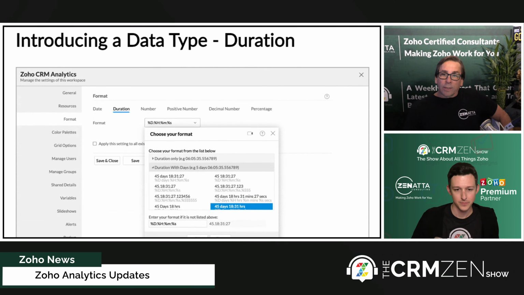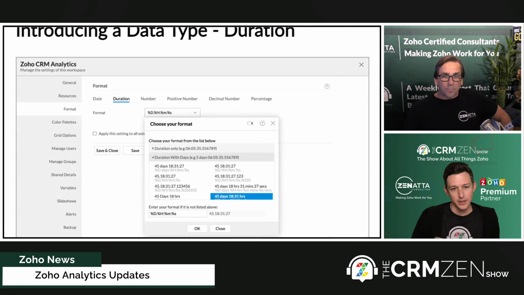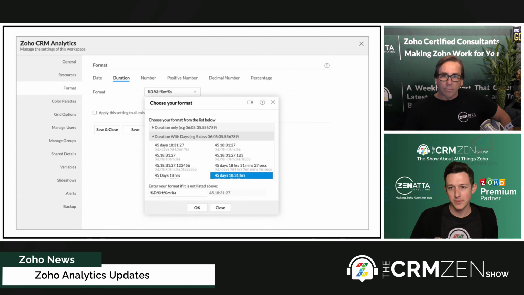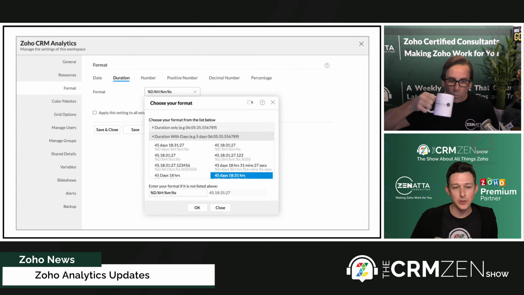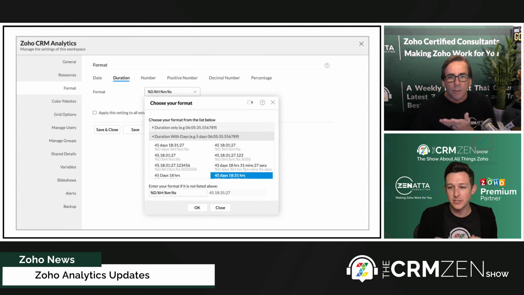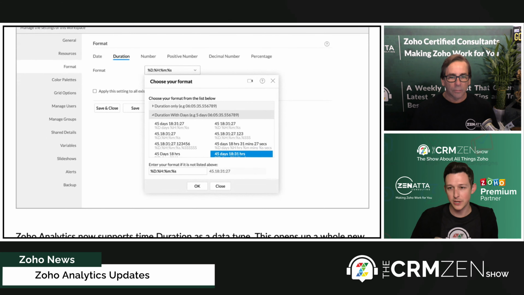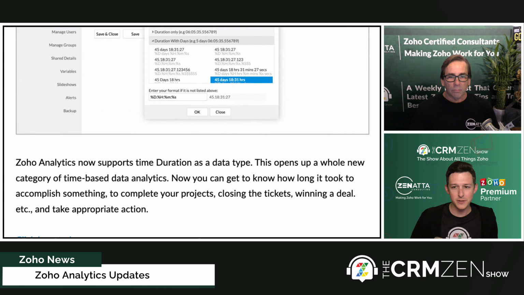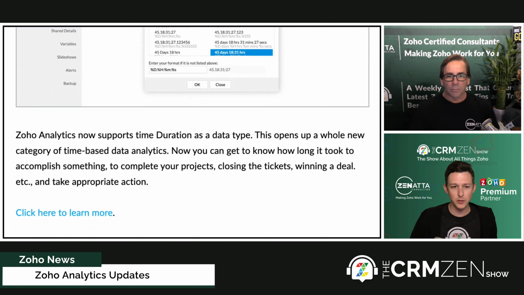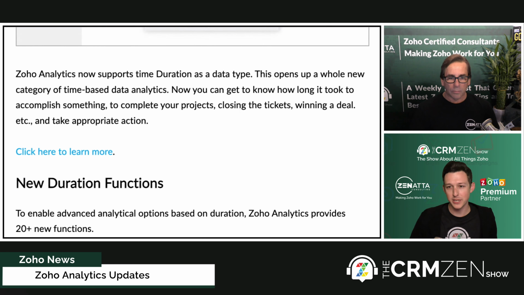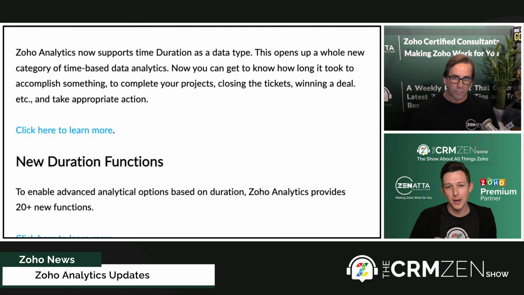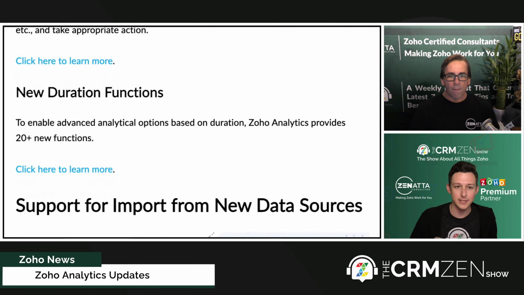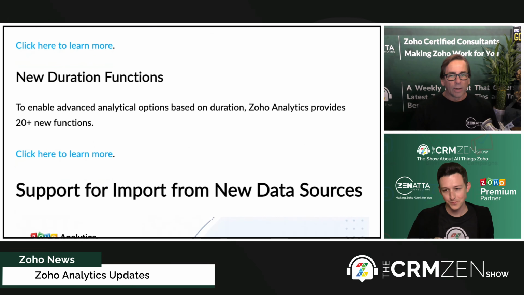So start off here. It looks like you can have a new data type called duration, which seems pretty cool to me. Yeah, so essentially, this is something that we do a lot with formula columns or SQL tables that we ideally aren't going to need to do anymore. So essentially, if you had a date field and you wanted to know the duration, I'm assuming from whatever your date is to right now, you'll be able to just drop that in and say a duration. A common use of that would be if you're looking at a report of closed won deals, right? You might run a duration off of the created time, and know how long it took to close those, or closed out a ticket, completed a project. So that's nice in general.